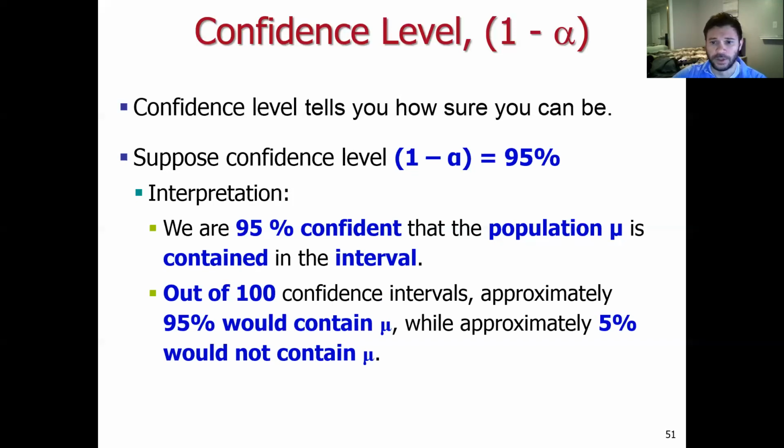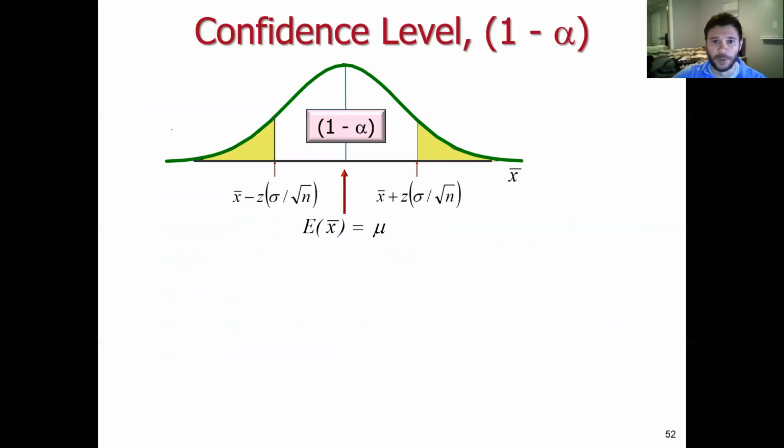Okay, in the next video series, we're going to go through the process of how to construct this. I'm going to give you a little peek here in a moment, but here is a sampling distribution. Here we have the expected value of X bar right in the middle of the sampling distribution. And it looks like here we have calculated an upper bound as well as a lower bound. The sizes of the upper bound and the lower bound are going to be defined by those tail probabilities in yellow there. And we're going to go through the process of actually constructing the interval in the next video